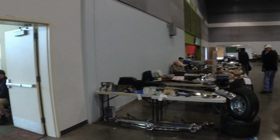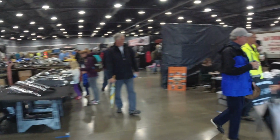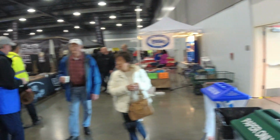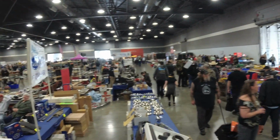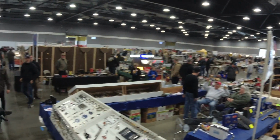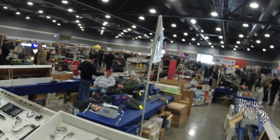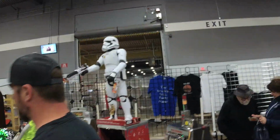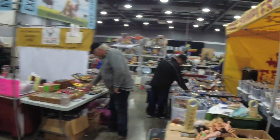And we're back for day 2 of the swap meet. Today we are in the Expo Center. It is raining like mad outside, so I'm super glad we did all the outside stuff yesterday. Today we'll be inside all the halls. We'll give you a good... Alright, so there's stormtroopers and jukeboxes and crazy looking statues, all sorts of cool old stuff, Hot Wheels out the wazoo,